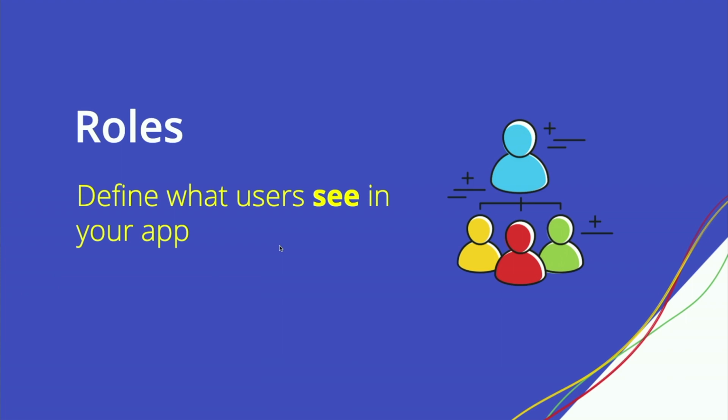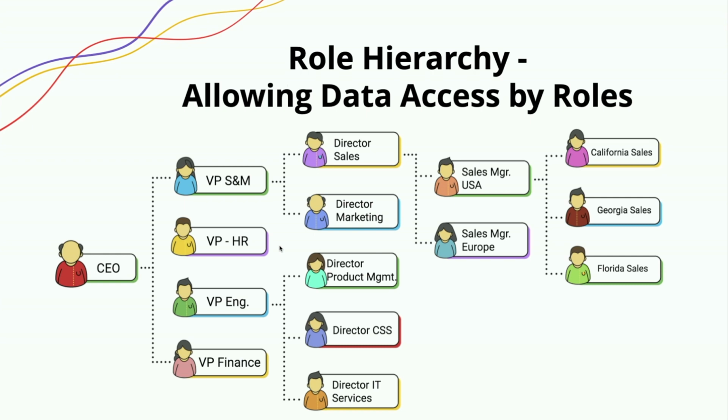There is also another functionality called roles, with which you basically define what the users see within the application. Let's consider this hierarchy. In a big corporate, you will have a hierarchy like this. Now, the CEO is at the top of the ladder. He would have access to all the information added by any person in there. Let's consider the sales manager USA here. The sales manager of USA has 3 people reporting to him. So whatever information is being added by those 3 people will be visible to him. But the same information will not be visible to the Europe sales manager.